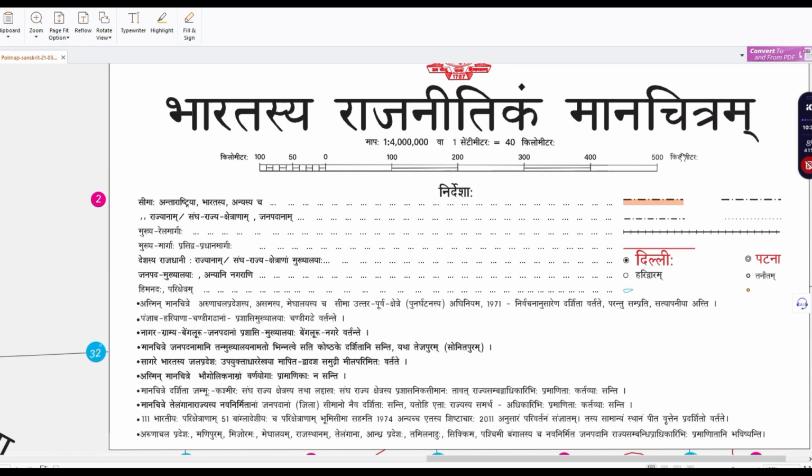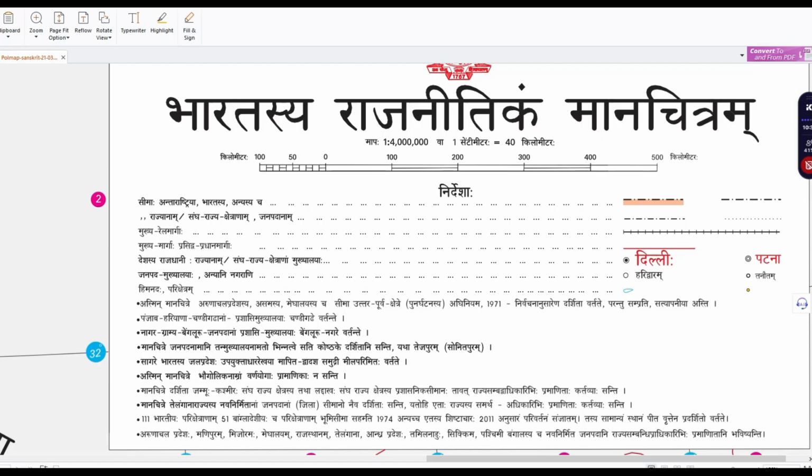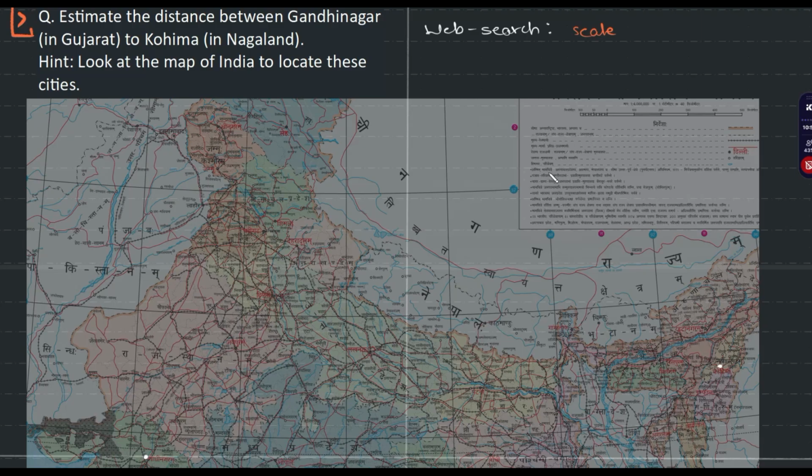Scale is used in maps to find distance basically. So this is our scale. And from 0, 0 is over here. Can you see that? From 0 to this distance, the map is telling that from 0 to 500 over here, it means in the map it is 500 kilometers. So basically from here till here, it's 500 kilometers. With that as the reference,